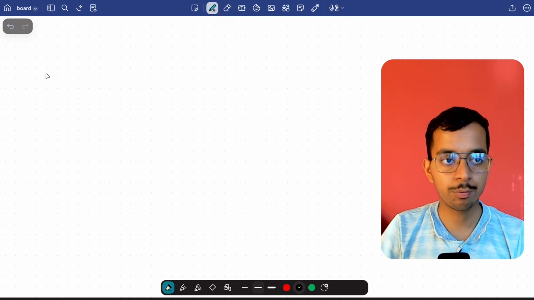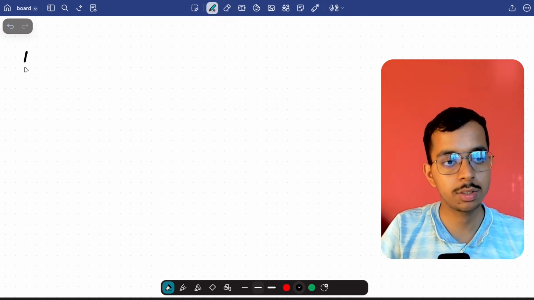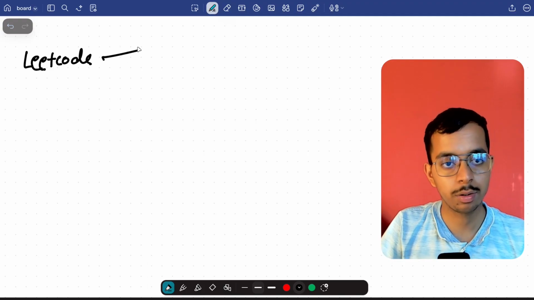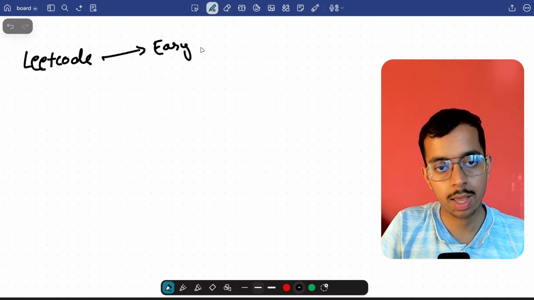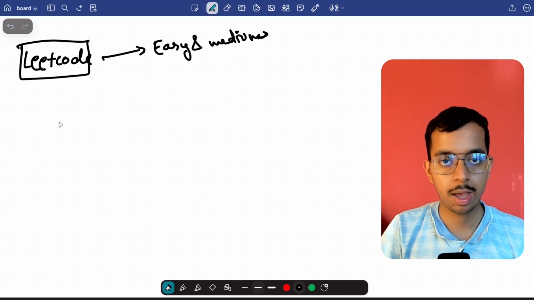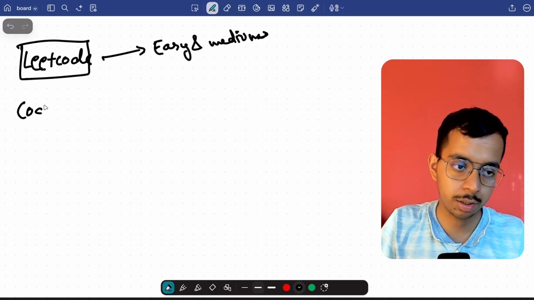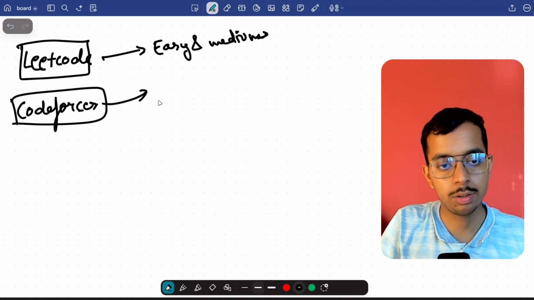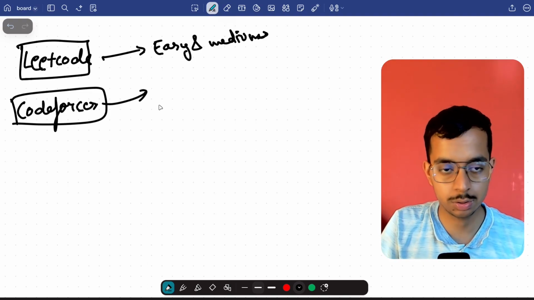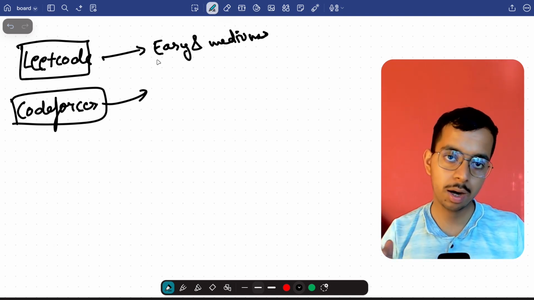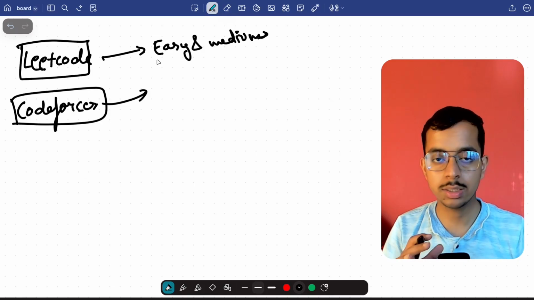Now what you can do for practicing DSA, so obviously the most famous platform is LeetCode. So you can go for LeetCode. You can go for the easy and medium ones. Okay, this is for those who are targeting some kind of startup. And if you are targeting big product based companies, I would say go for Codeforces. Okay, go for Codeforces and do tougher questions also. It's going to help you in clearing the rounds. But for the startups part, I would say go for only LeetCode, easy and medium, that's enough.